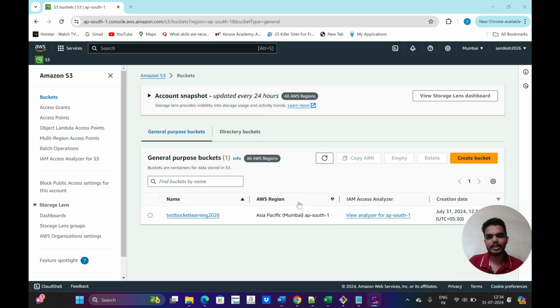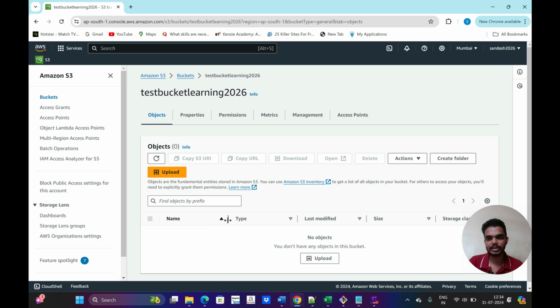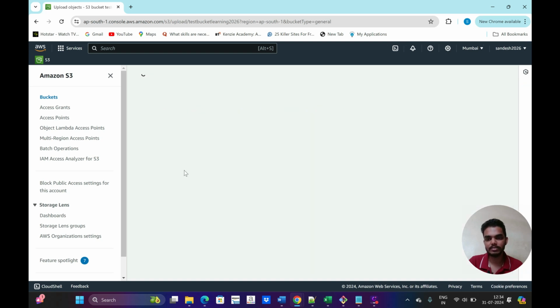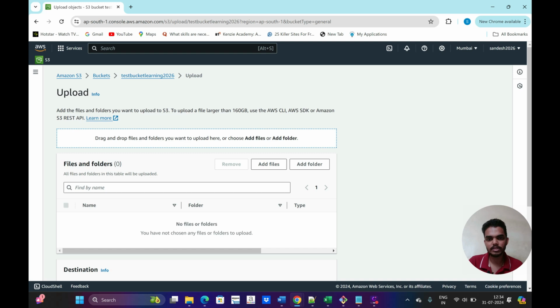So once you created a bucket, then what next? Next we have to add files. So you can click on that bucket, and here we have the option to upload files. Either you can add files or you can directly add a folder. First I will add file,